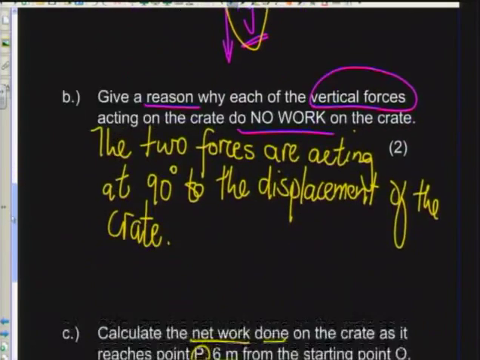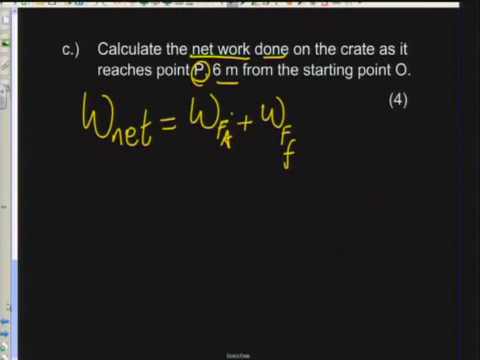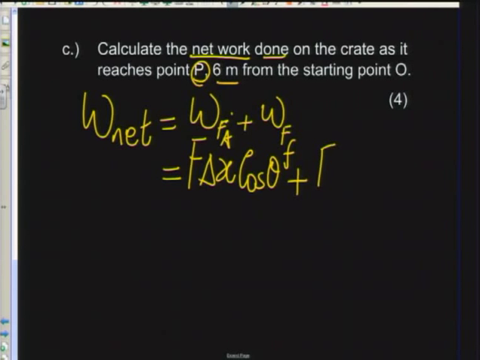So we can then say here, we come down here and say the work net will be equal to F times the distance moved, remember that is work, times the cos of the angle, so that we get the component of the force that is doing that work, plus the work done by the frictional force, which will be frictional force times the displacement moved times the cosine of 180 degrees.